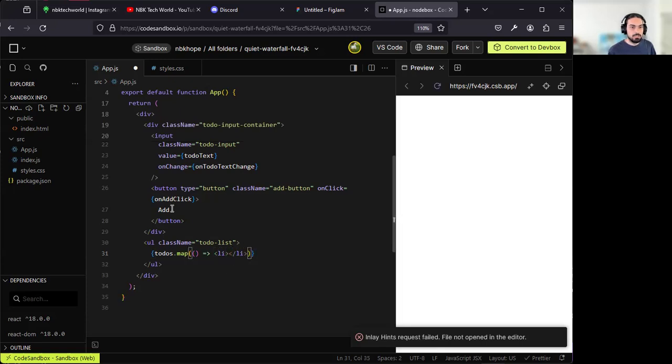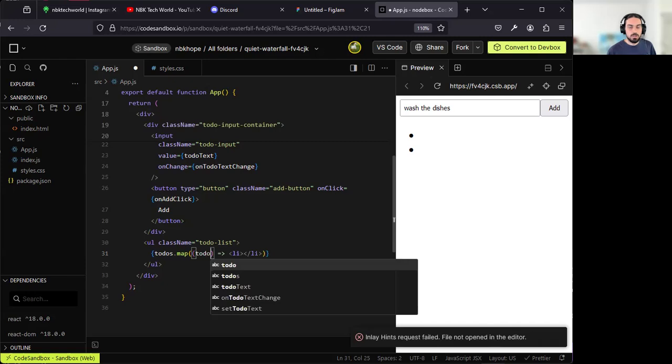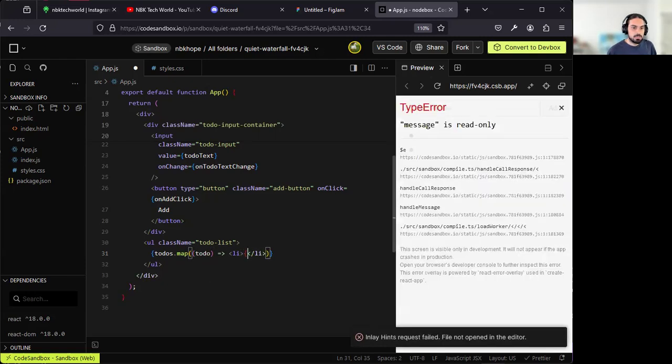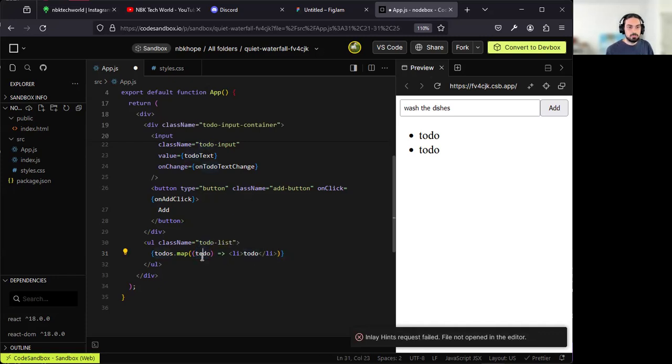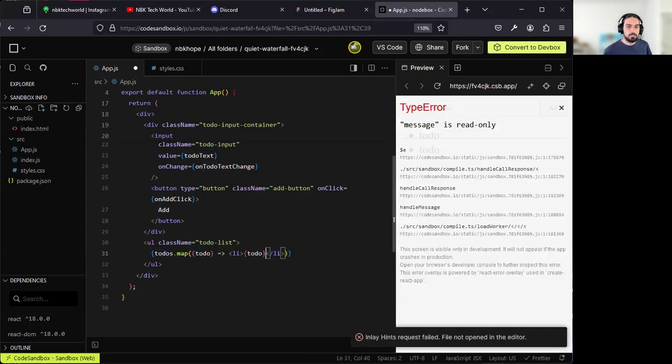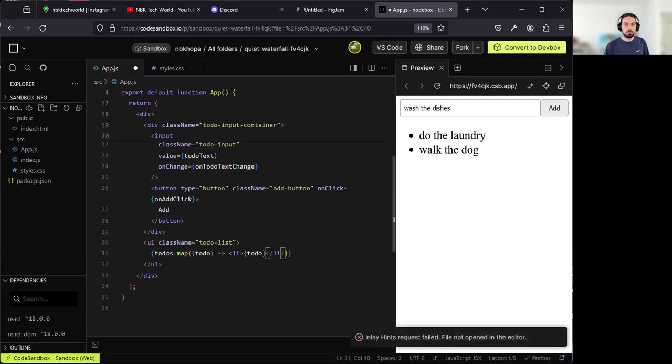Now I need to access every element. So that's the first argument to the callback function. Let's call it just todo. And then I can use that here in the li. But if I just say todo here, I'm just going to literally see the word todo. So in order to interpolate or substitute the value of the variable here, I must use curly braces before and after the name. Now you can see do the laundry, the first element, and then walk the dog, the second, all transform or map